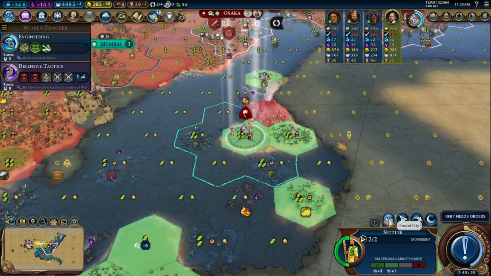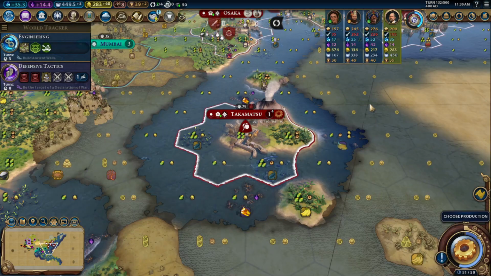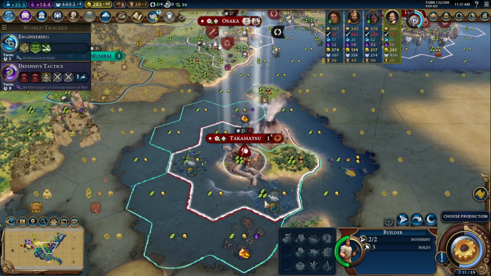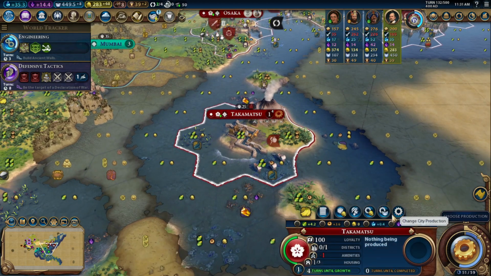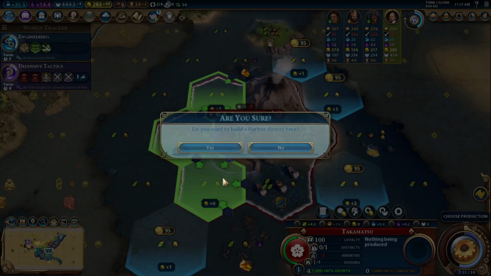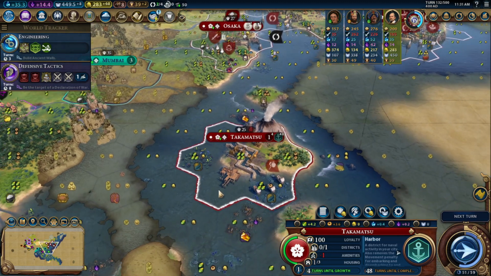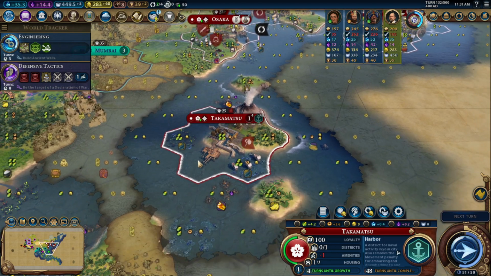And our settler has arrived. We are going to found a city right here. First settlement on Oceania. We are going to take this guy out and improve some of these fish tiles. And we are going to go ahead and lock in a harbor right here. We might go ahead and just build it, honestly, because that is a +6 harbor. It's going to take a bit of forever, but